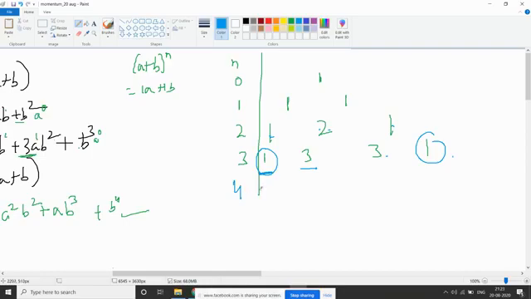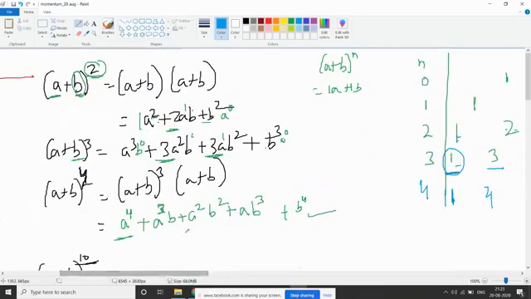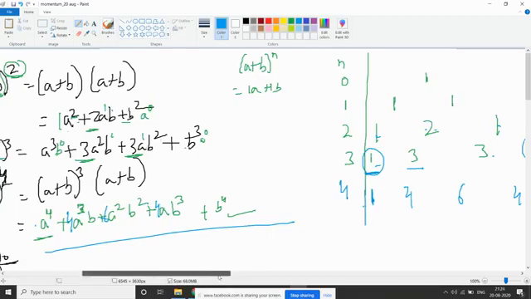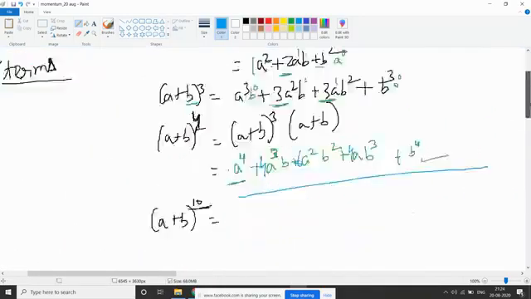Here, if I write 4, the first term coefficient has to be 1. Then the next term is 1 plus 3, 4, 3 plus 3, 6, 3 plus 1, 4, and 1. So obviously, using Pascal's triangle, you can write down the coefficients. The coefficients are 1, 4, 6, 4, and 1. And that's the expansion. If you want to write for a plus b to the power,